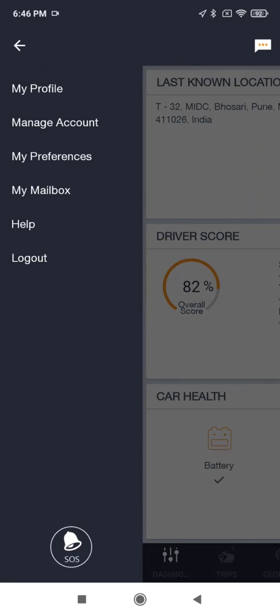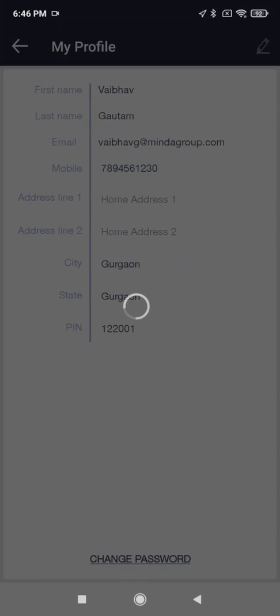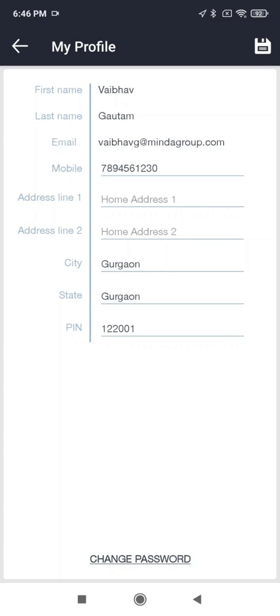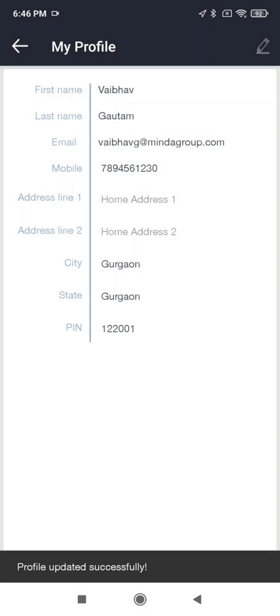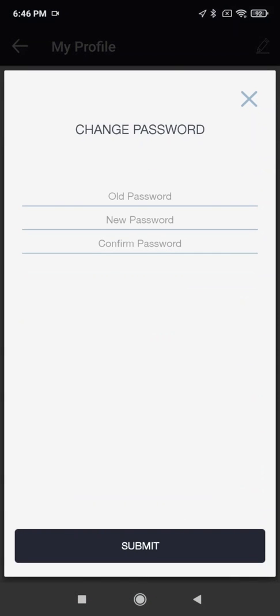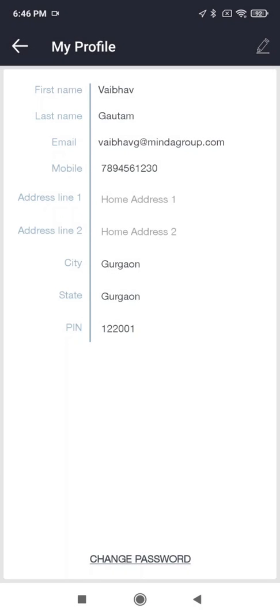In My Profile section of the app, user can see details which are created by the dealer at the time of creating an account. If in case user wants to edit these details on the screen, this can be performed by tapping on the edit icon on the screen. Again, tapping the save icon will save these details onto the server. It might be possible that user wants to change the password. It can be done by clicking on this change password form here. The user must remember the old password for this.